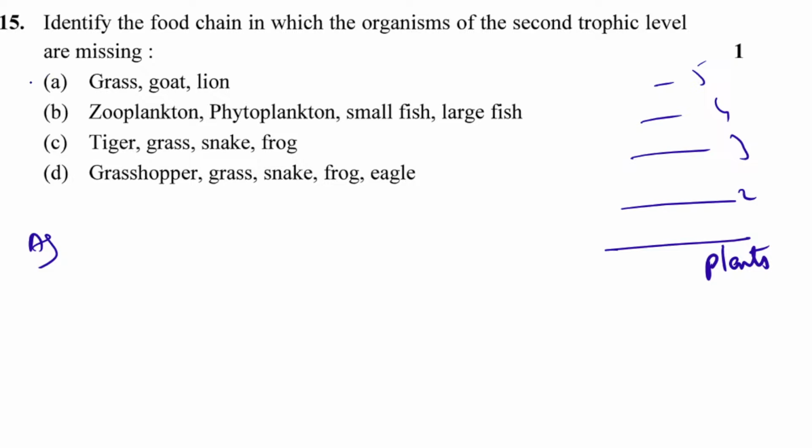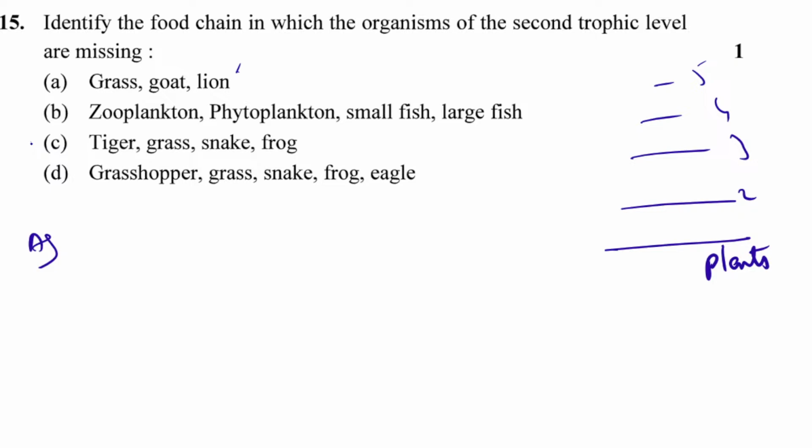Okay, so now let's see the first one. Grass is eaten by goat, goat is eaten by lion. Yes, this has every part, nothing is missing. Zooplankton, then phytoplankton, then small fish and large fish. This with respect to the water area. And see the next one, grass, tiger. Okay, it is not in order, but still you can cross check. Grass is eaten by, okay, something is missing here, because between grass and frog, some insect has to be there, then the frog should come into the picture, then snake, and then tiger, or snake and tiger can be in the same level as well.